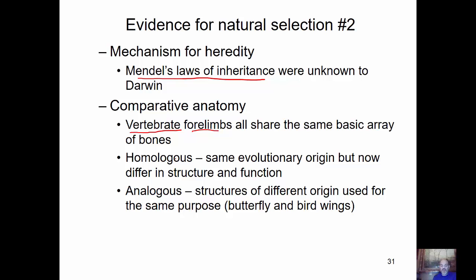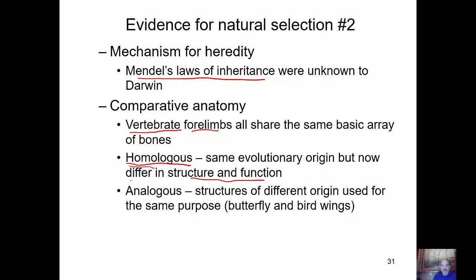For example, for whales, for being able to swim, or bats, which are mammals and vertebrates, their forelimbs have been modified for flight, and same for birds and so on. Now, these bones or these structures, they do have a similar origin. If you go back far enough, you find an ancestor that had these structures. They're called homologous structures, and homo means same. So here we're talking about the same evolutionary origin, but the structures may have different function.